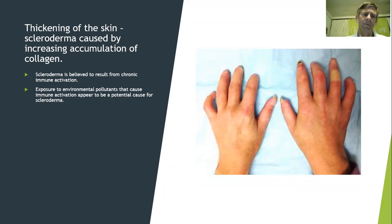exacerbating his condition. The other lady that I mentioned, I honestly don't know what caused the problem, but her husband is a dental technologist who would be working with all sorts of metals and waxes and that sort of thing. And if she spent any time in the lab, that could have exposed her to certain environmental pollutants that could have caused a problem. This is all hypothesis on my side, so don't take my word that these are what